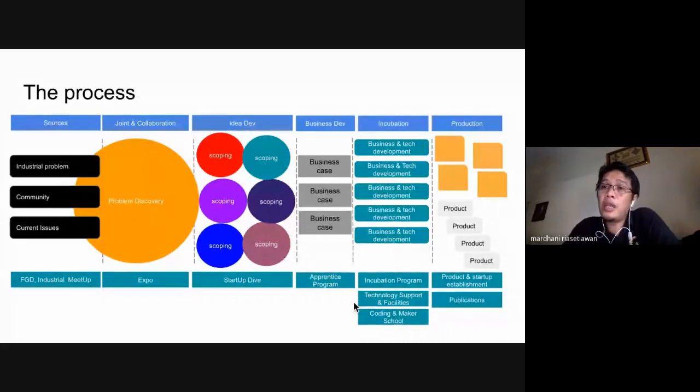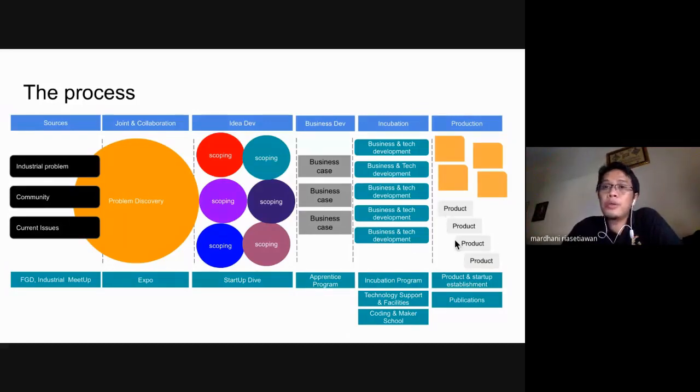Maybe they will also give you connections to consultants and big companies to get feedback and so on. So it makes your idea more precise, more validated, and then it works for business. Sometimes you will also be connected to a coding school that can help you increase your programming skill, especially your technical skill. All of that will be combined, and then you will push to have your own product.